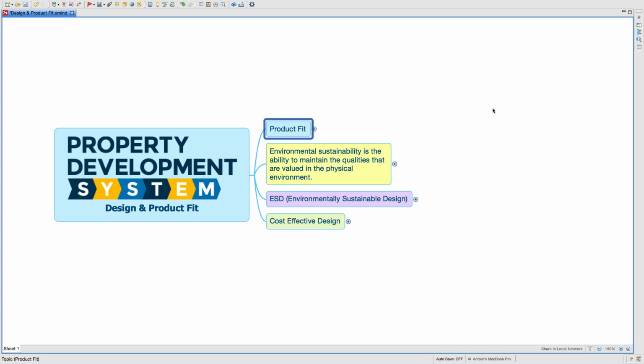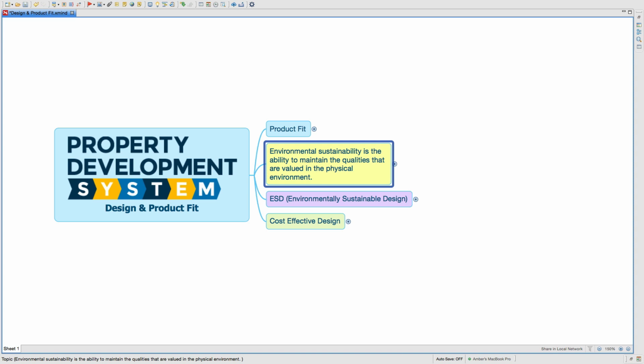Design and product fit. There are a few things you've got to keep in mind when we are planning and designing our townhouses or apartments for our development. So there's product fit, and I'll go through that. And there's environmental sustainability. This portion is a little bit of theory,